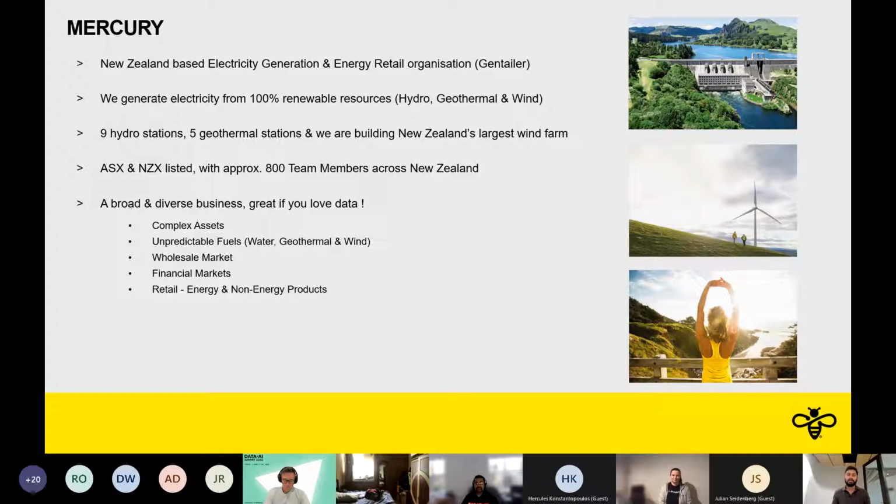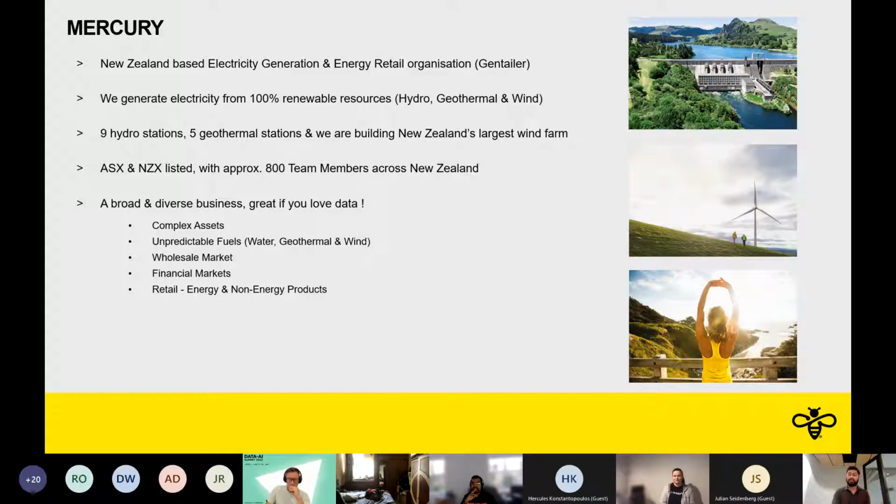What I love about Mercury is how diverse the data landscape is. Because we generate electricity, you can imagine the types of data we have. We will have physical assets that produce electricity to manage. We will have data coming in from IoT sensors that talks about dam states, river state, whether it is operating or not, what is the water level at each of the stations, etc. And on the other side of the spectrum, because we sell electricity to customers, we have customer master data, we have metering to understand the usage of electricity across the premises, and everything in between. So if you like working on data, Mercury is a great place because you get access to all of those data points.